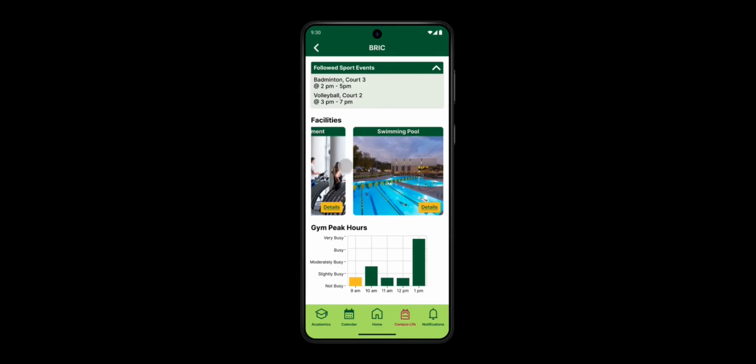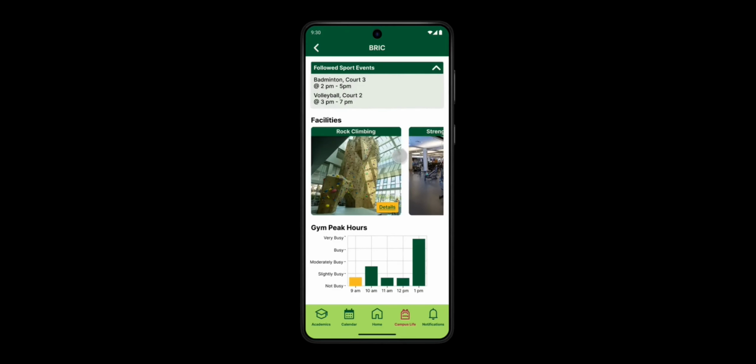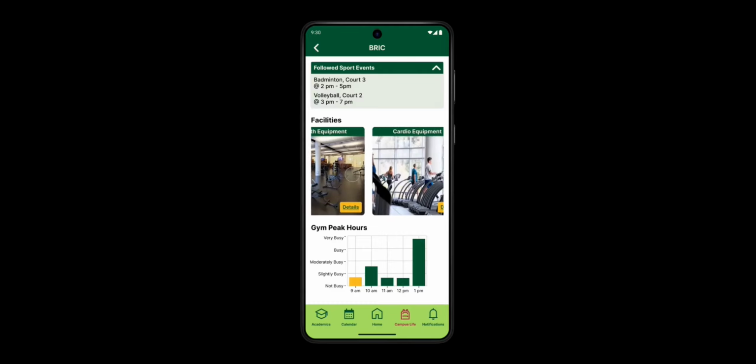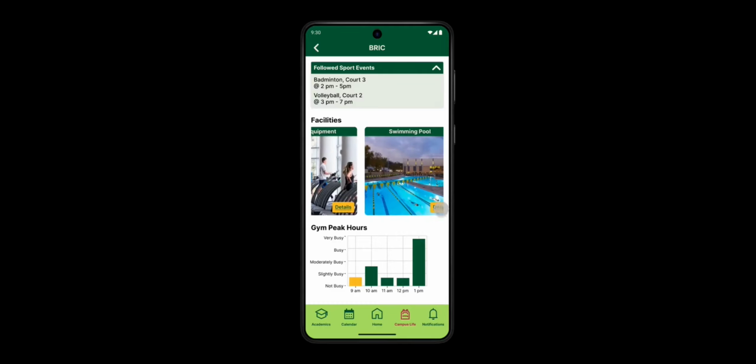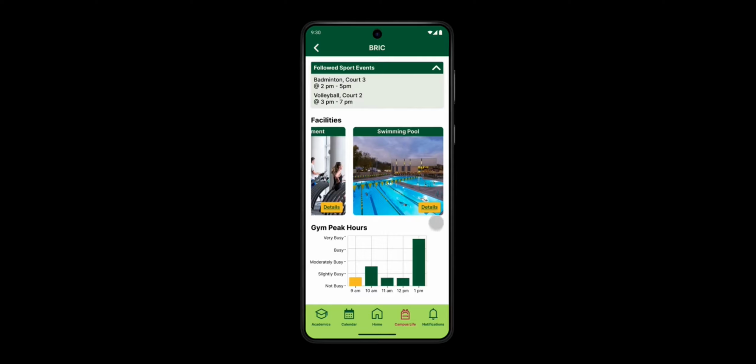On our brick page at the very top, we have another drop-down menu for sports-specific events. Below this, we see a list of cards that show the facilities provided by the brick, each with a details button that takes you to their specific ASI pages so you can access more information on them. Below this, we have a bar chart which updates you on how busy the brick currently is in yellow and